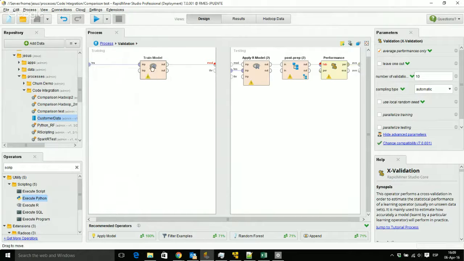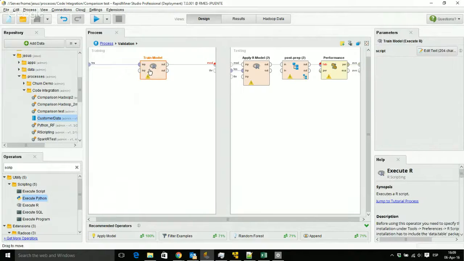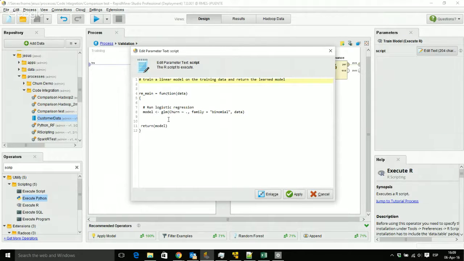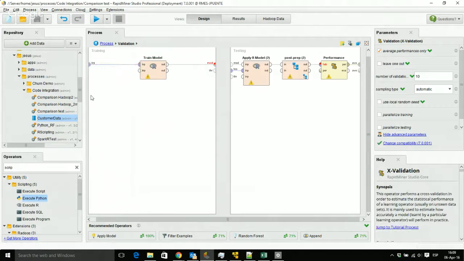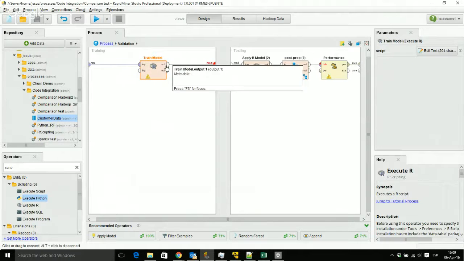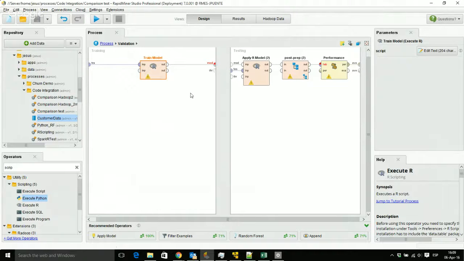So I'm training here, and this R means that I have some R code here. I can take a look. It's very simple in this case. I'm just using logistic regression with the GLM library. I'm getting the data and returning the model. One thing I want to remark and want you to pay attention to is the way we get the data and pass it from and to this model. I'm just drawing this line and this line, and the data that comes here is passed onto the library, and the result is going to be passed to the next